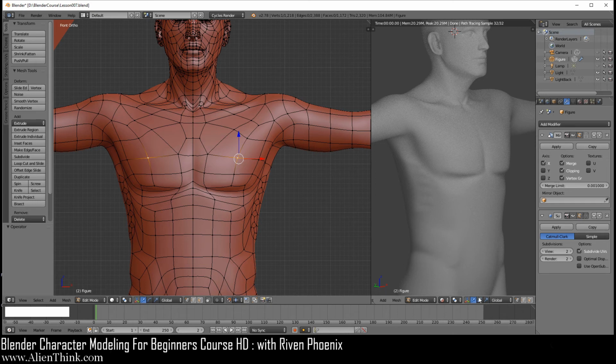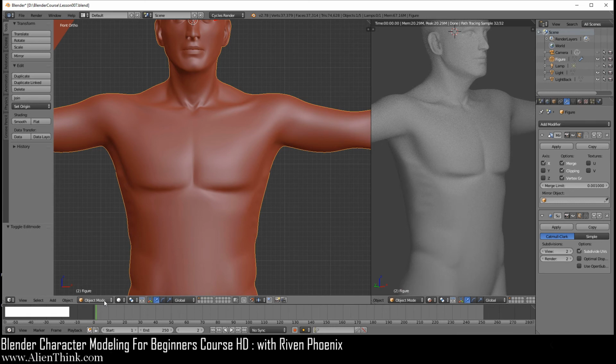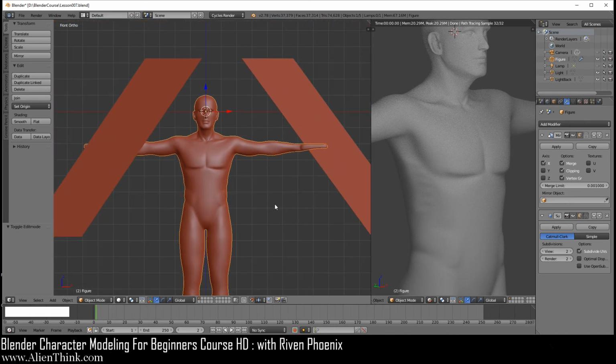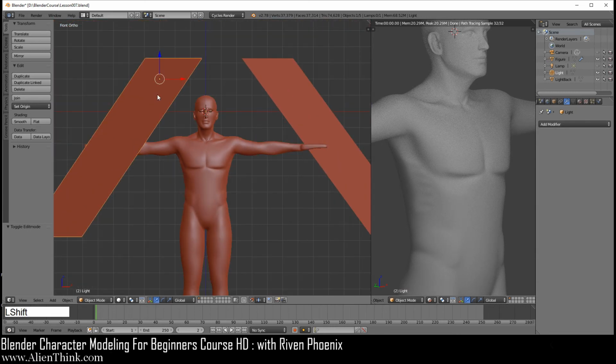What I want to show you is that if we switch to object mode over here, you can see that they both react the same way. Okay, I'm going to zoom out. What I want to do is take these, shift key down this one, and move them to another layer. So I have two of these selected. You can see how they are highlighted over here. I'm going to press the M key. It's going to bring up the move to layer. I'm just going to move these to this layer.